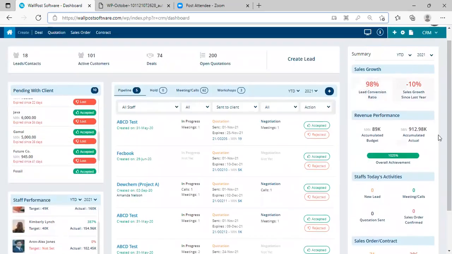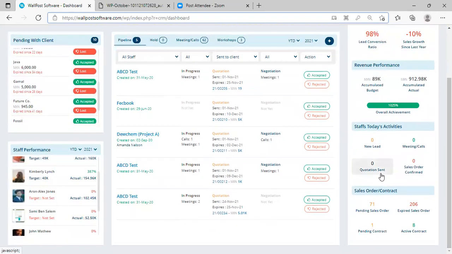Now I can see a summary view again of all my sales performance. I can see how well I have done this year in terms of my sales growth. Have I grown compared to last year, and what is the growth percentage? How much revenue have I made this year, and what are the activities of my staff today?